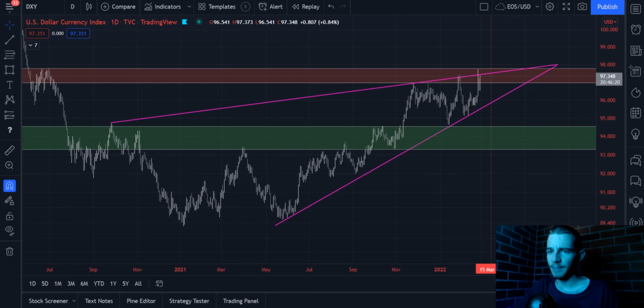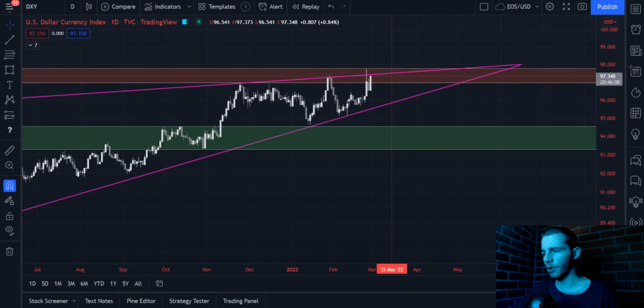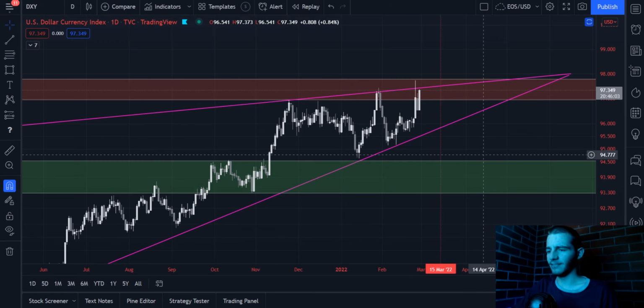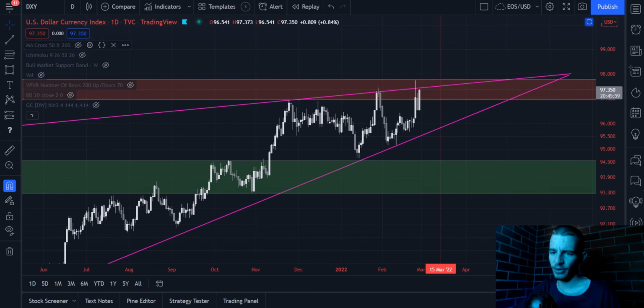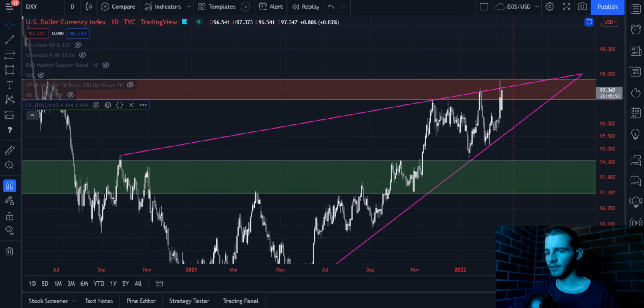And given the fact that Bitcoin is in a bear market and we have that strong correlation in the past 5 times, and Bitcoin's heading downwards, this thing is likely to move upwards. Not only that, but when interest rates go up, especially in times of this kind of volatility, we usually see the DXY go up at least a little bit. And since we've constantly retested this resistance, we're showing no signs of slowing down, constantly bouncing off bull market support.